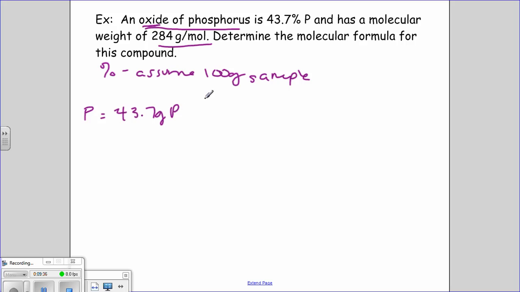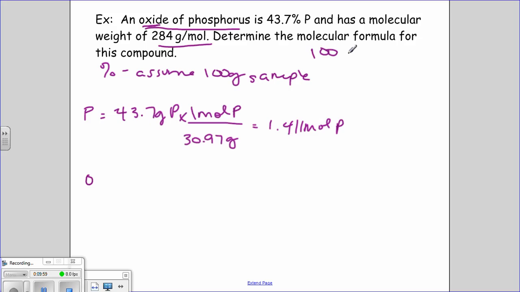43.7 grams of phosphorus, taking that percent and going to grams, and take 1 mole of phosphorus weighing 30.97 grams. When I take that to moles, I get 1.411 moles of phosphorus. All right, so for oxygen, we need to actually figure out how much oxygen we have. If we know that we have 43.7 of phosphorus, take 100 minus 43.7 to give you